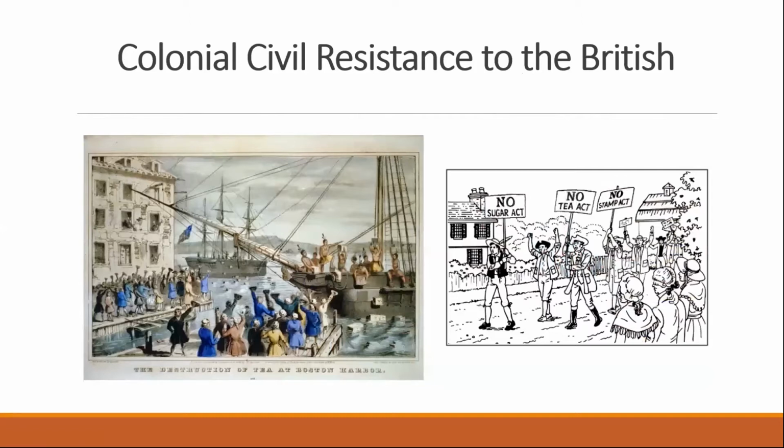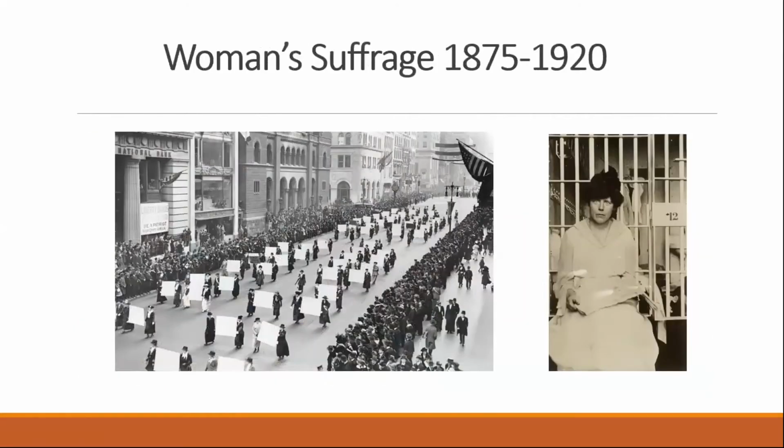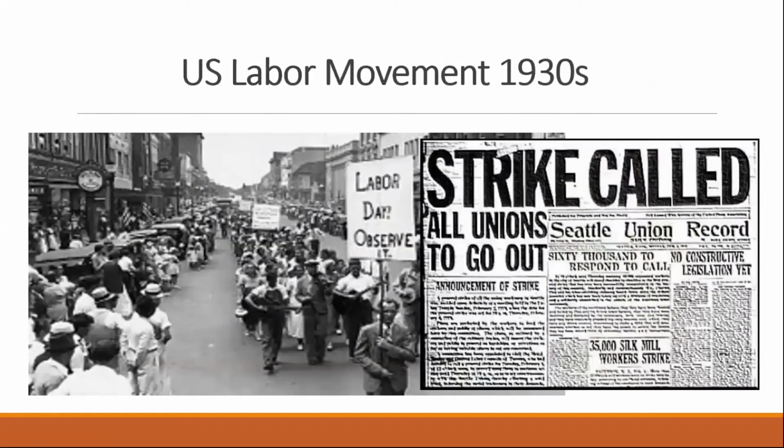But the 10 years before the Revolutionary War, what's sort of not fully appreciated is it was a 10-year campaign of civil resistance to the British, and it was used to powerful effect. And then other examples in the US, women's suffrage was a civil resistance struggle because women didn't have the right to vote, so they had to find other tactics to use to win that right. The labor movement is an example that's used civil resistance strategies to powerful effect.